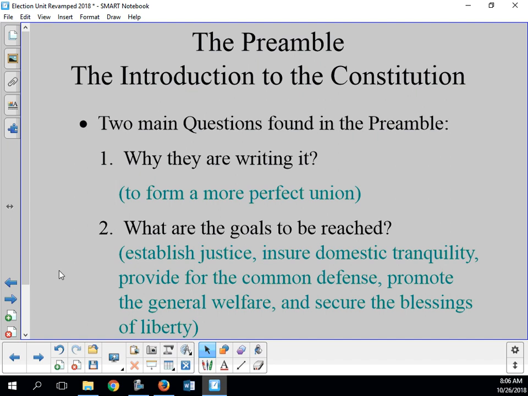By the way, feel free in your notes to highlight, change colors, and do things that will help you remember. You can change the font, except that you need to keep the font legible. Some of that font is crazy. I want to be able to read it. I don't want to have to try and figure it out.